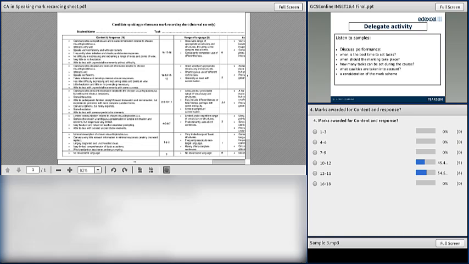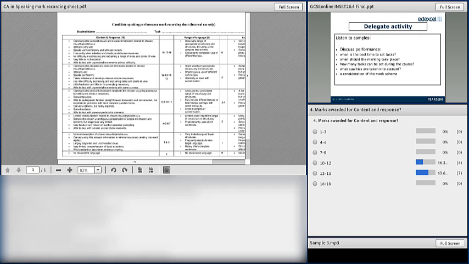Okay, we've got everyone. Some of you were maybe a little bit strict, although the box here covers 12 to 15. We are looking really at the 12 to 15 box because obviously she communicates relevant information, interacts well, speaks confidently, there is little hesitation. She appears to be able to deal with unpredictable elements. So we're looking really at the top box again. If you're not sure where to be within this box, look at the one below and the one after, and really there's more in common with the top box than the lower one. So the examiner went for 14 here.